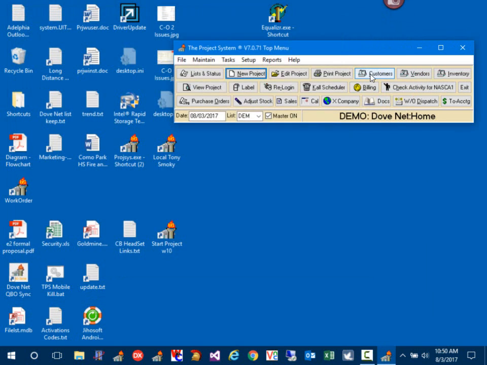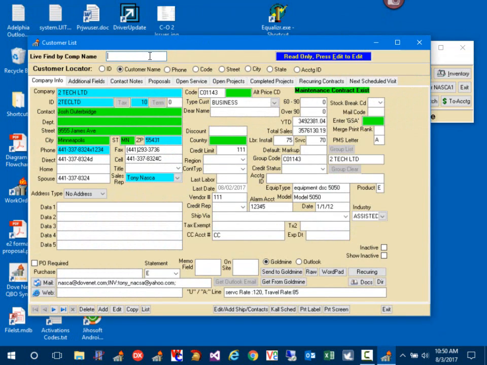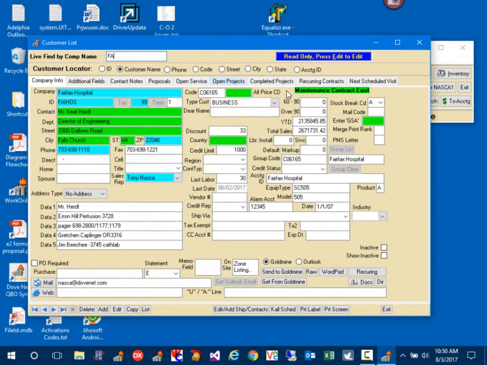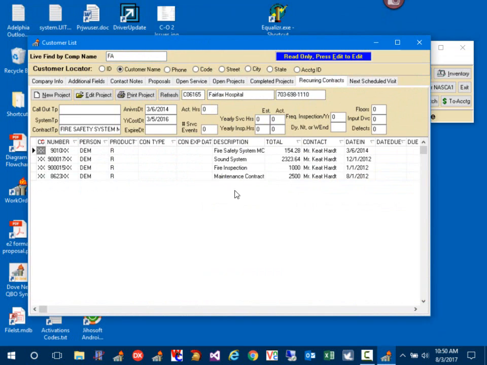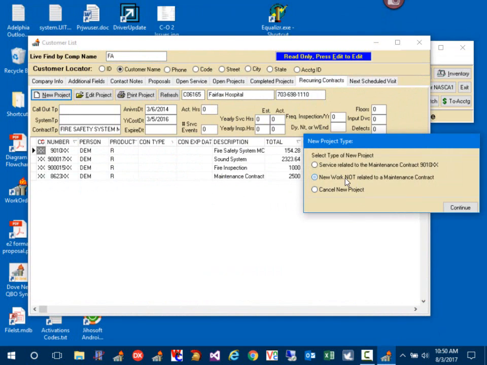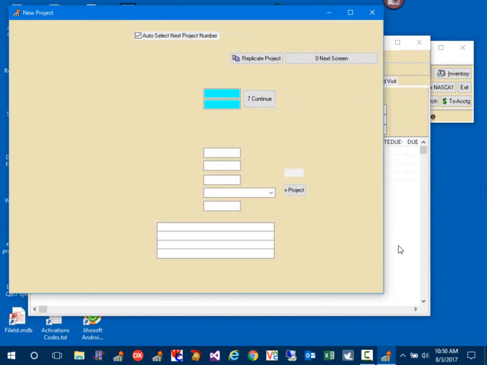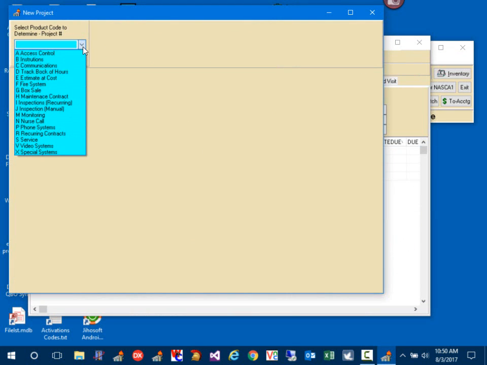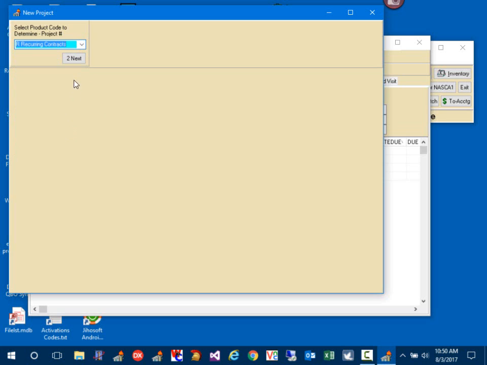So I was showing you the customer list. So Fairfax Hospital, like so. And we went to recurring contract. They don't have a contract for the one we're about to add. We say new contract, not related to any existing contract. We choose our Care First plan, our care plan contracts status,